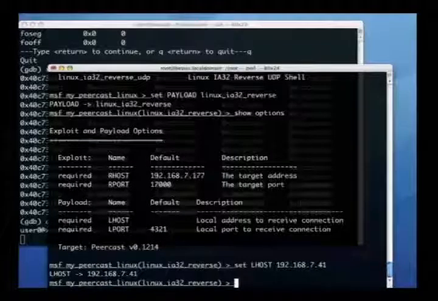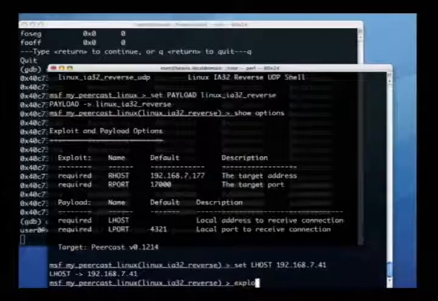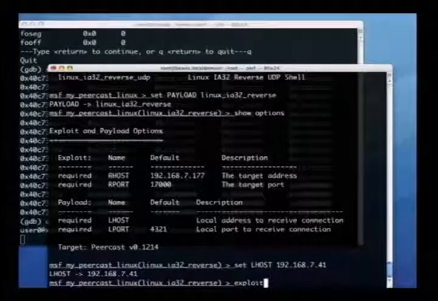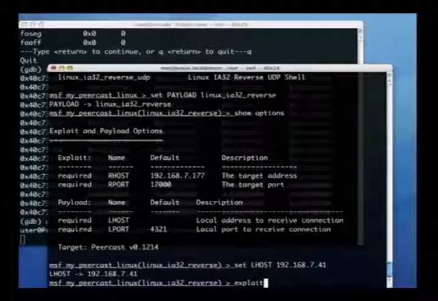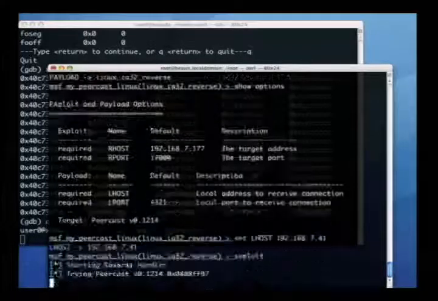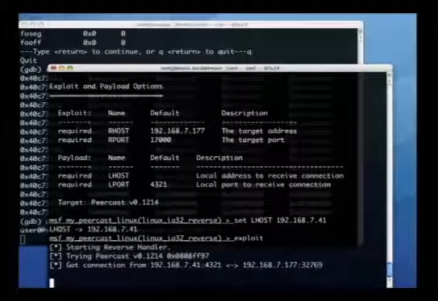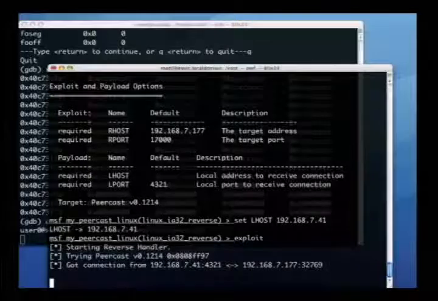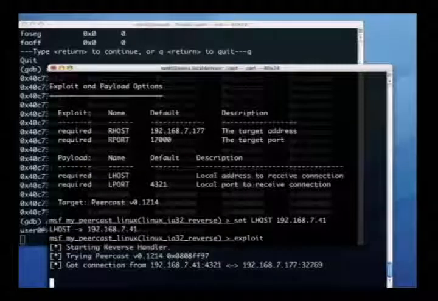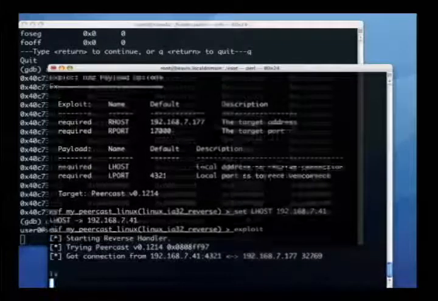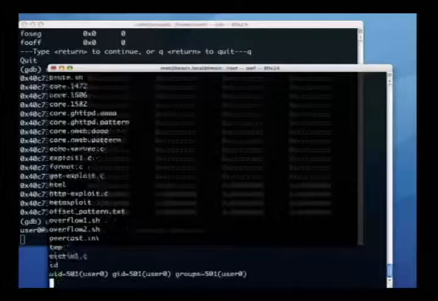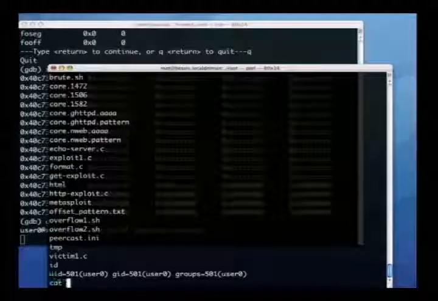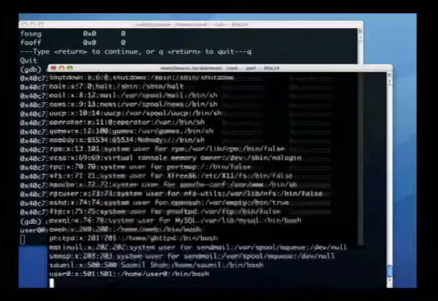And now the last thing I have to do is exploit it. So I just say exploit. Hopefully, if all goes well, the demo is not going to bomb. Ooh. Started, it says trying this. It says got a connection from remote host to me, and it's just waiting. If I say ls, here we go, id, here we go, cat /etc/passwd, here we go.